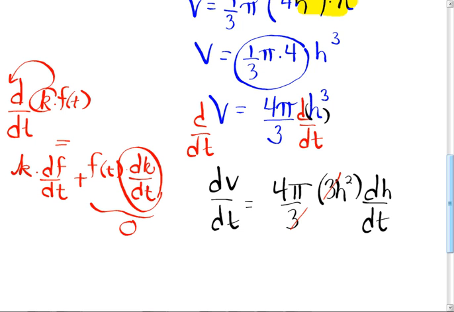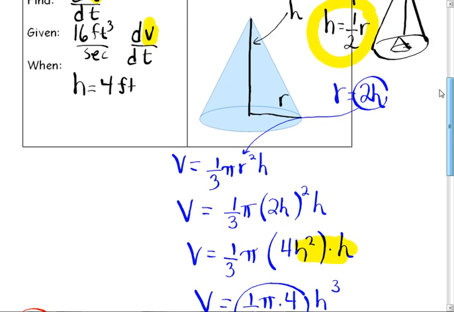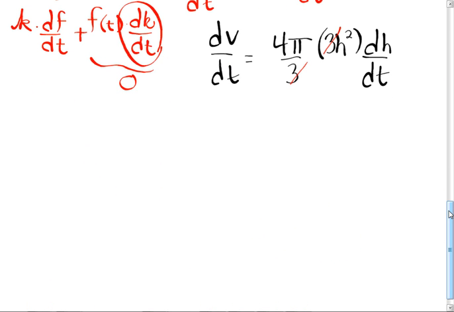I'll turn this monitor around. I forgot to do that. Okay, and what are we putting in for numbers? dv dt is, I don't know what dv dt is. 16. I'm not going to put my, I could, but I'm not going to put my units in. That's weird. Equals 4 times pi. H was,